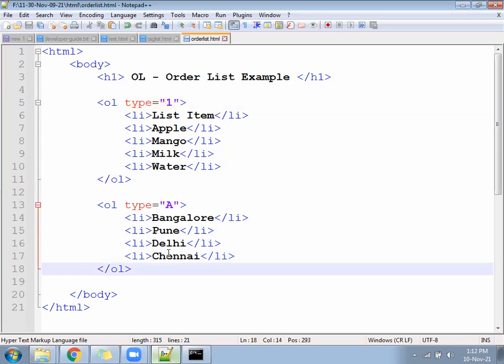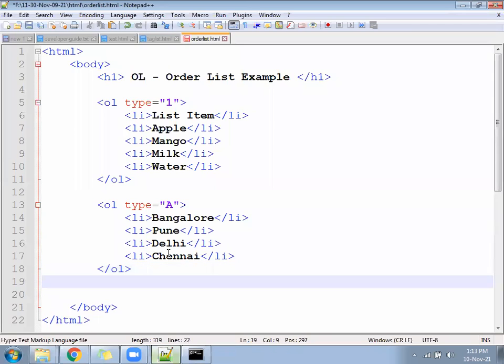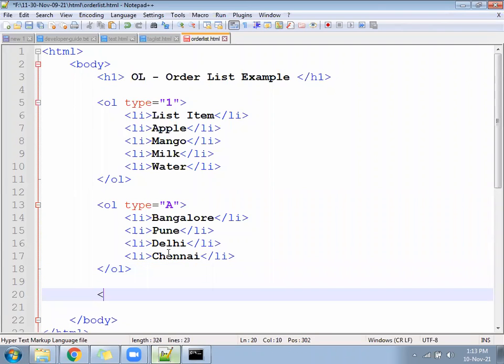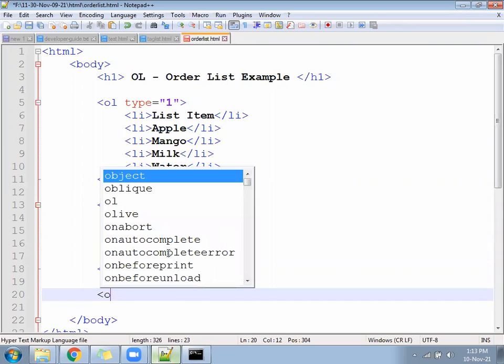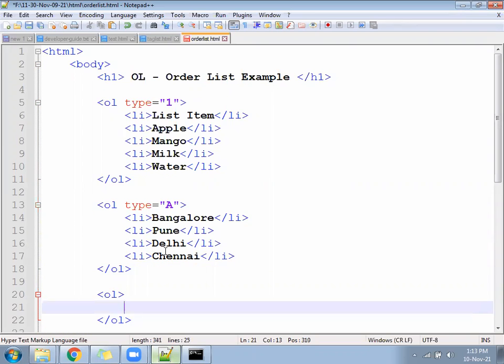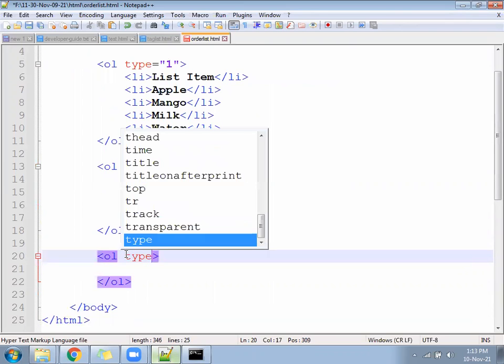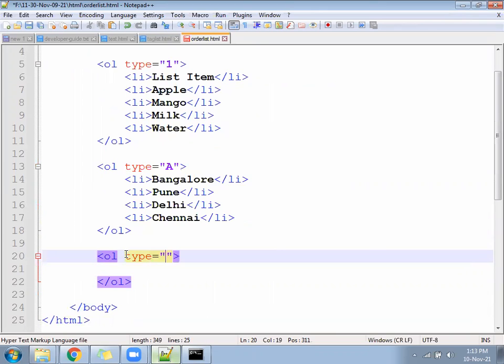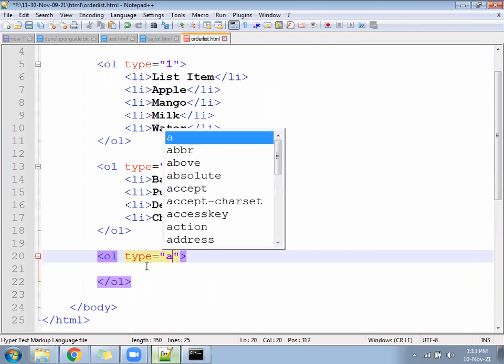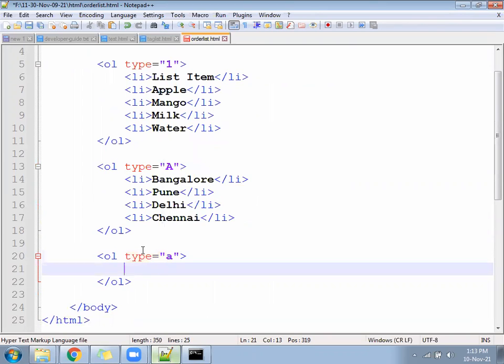Come down. Write the next OL. We have 4 or 5 types. Next OL, type equal to small a. Type is the default property for OL and UL. Now it will generate ABCD only, but it will come in lowercase.